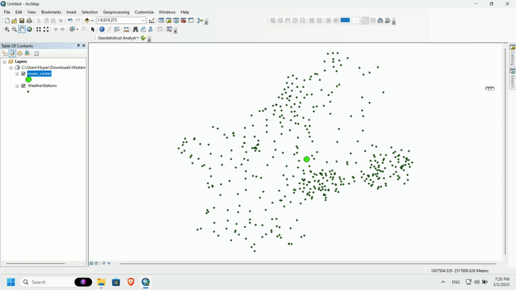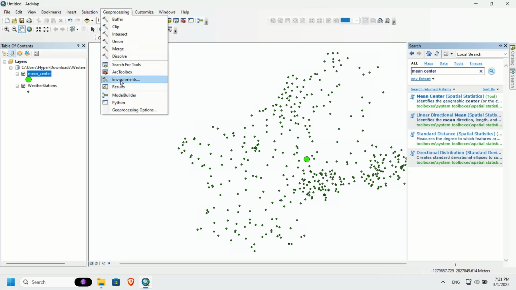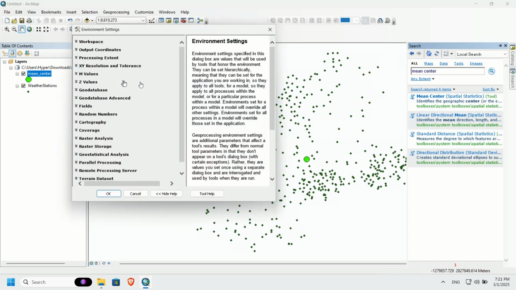Then we'll also find the median center, but before doing that, since we want to save all our data in one place, how about we change the environment? That way you can also learn how to change the environment settings. Go to geoprocessing and click environments. Then here,